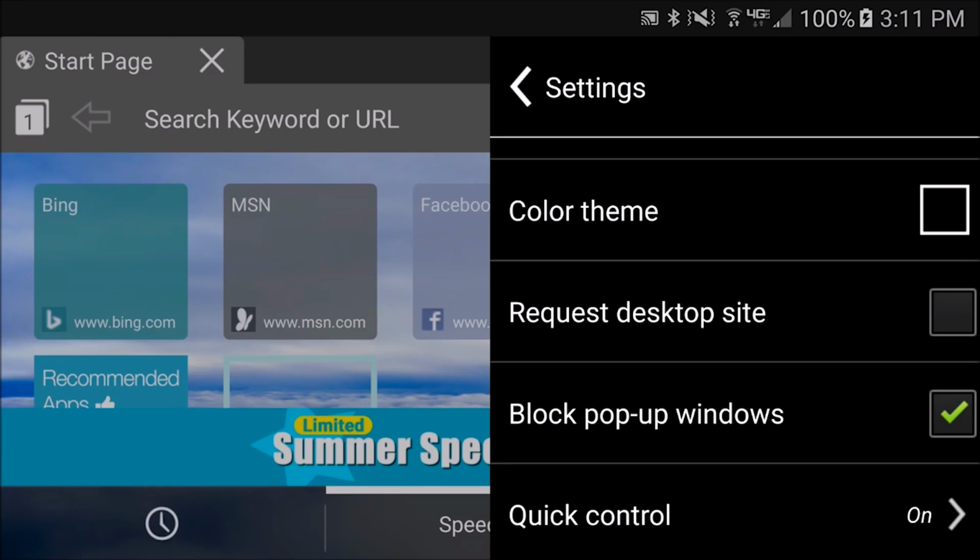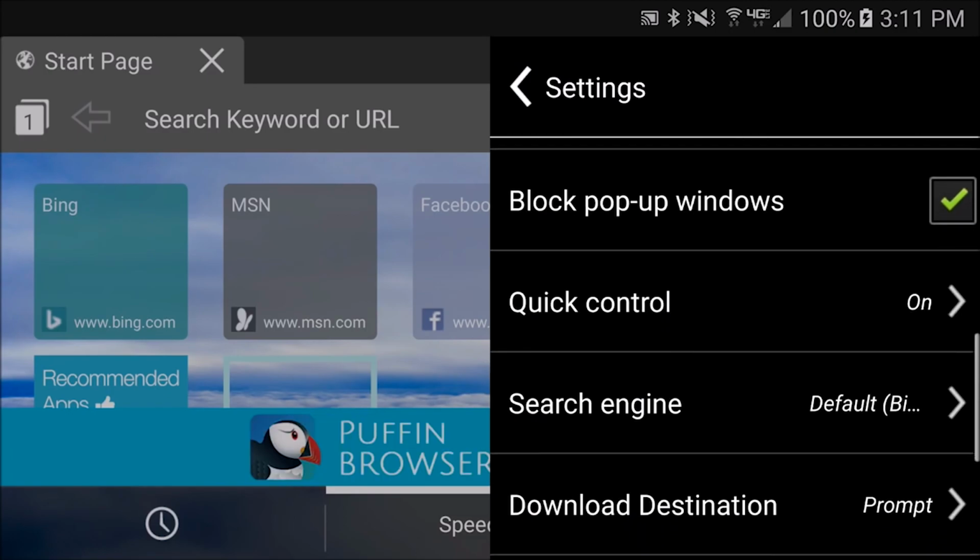I'm actually going to leave this option unchecked for now just because I'd like to show you what happens. The next option in the settings menu is equally as important. Puffin blocks pop-ups by default, but this messes with Goodgame Empire and will break some of the features in the game. You can play with this enabled, but you won't be able to access the payment shop or the forums directly from the game, and some background processes will also be affected. To get the most out of Empire while playing on your phone, I would recommend you uncheck this option and